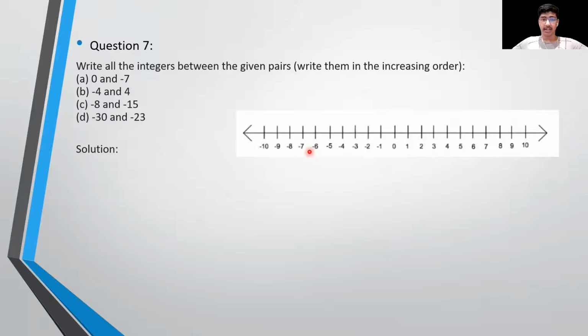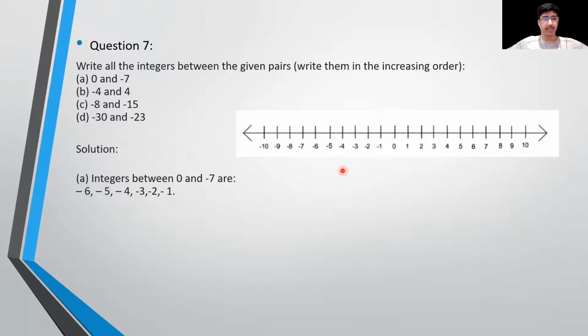So in negative numbers, increasing order is actually the opposite. Normally, if they ask us to write anything in increasing order, we'll write like 1, 2, 3, 4, 5, 6, and so on, right? But since they're negative, it's going to be completely opposite. So the increasing order over here will be -6, -5, -4, -3, -2, and -1. It's not going to be -1, -2, -3, -4, -5, -6. It's the other way around.